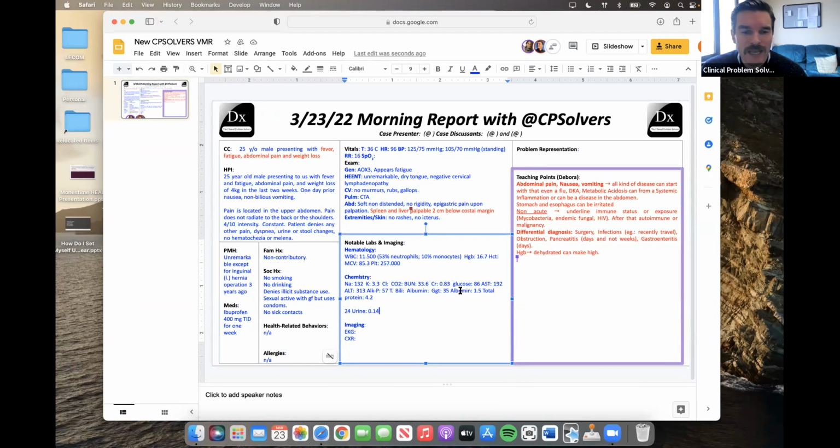And so I think the question is why does this gentleman have a very, very low albumin? If we think about it, there are really 4 ways in which we can have a very, very low albumin. One of them is that there is an illness that leads to systemic inflammation. Albumin is a negative acute phase reactant. Other acute phase reactants like ferritin or white blood cells will often go up in the setting of inflammation, whereas albumin will usually go down in the setting of inflammation.